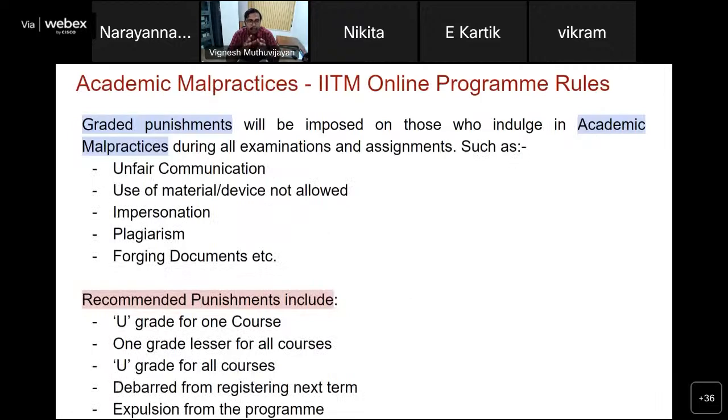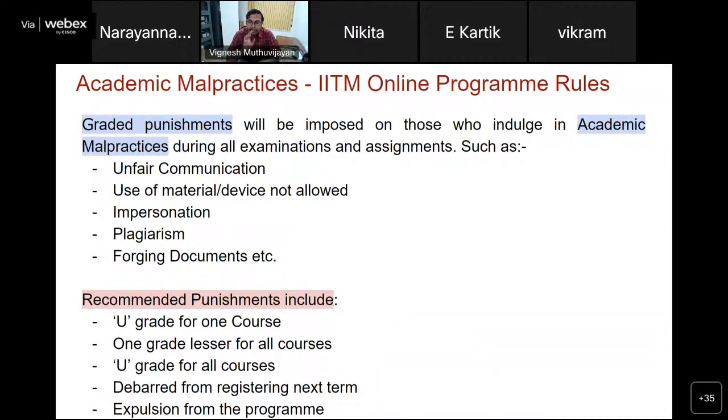So we will talk about what these academic malpractices are. Any unfair communication during an exam, whether it is an in-person exam at the center, an online proctored exam, or a programming exam, or even the assignments, unfair communications, copying, plagiarism, impersonation, forging of documents, using materials or devices that are prohibited will all be considered to be academic malpractices.